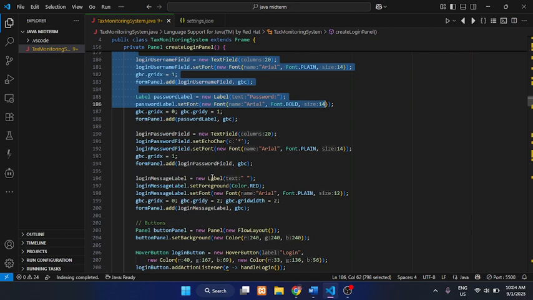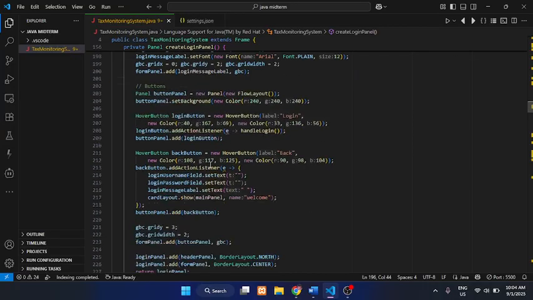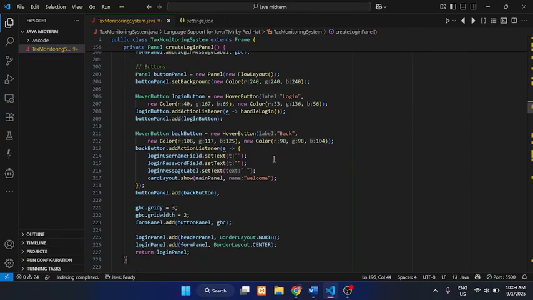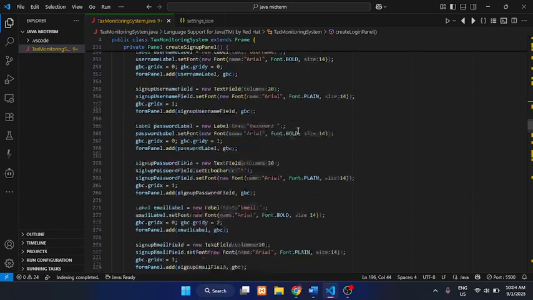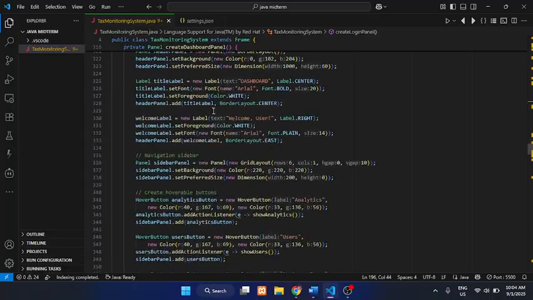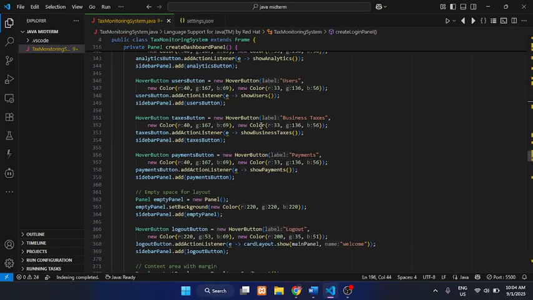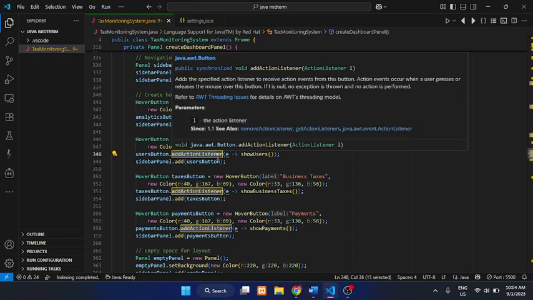I have explained this, so just tap it back in my profile and you can see the Java AWT making for basic AWT GUI. The sign up screen is just the design, and the dashboard screen I discussed in the past video.